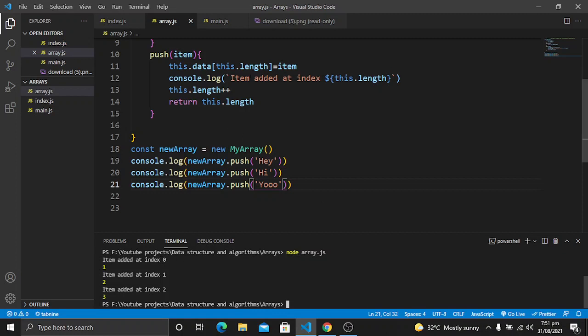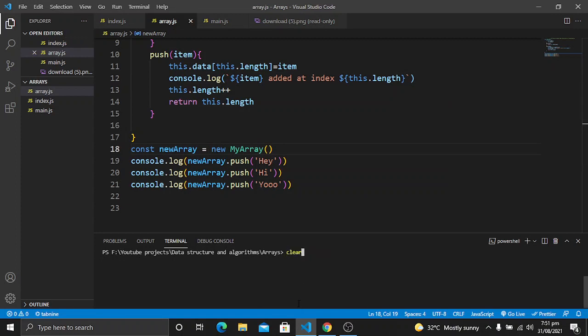So instead of using this item, what we can do is use the dollar sign and curly braces, and the item that we are receiving as a parameter we will log it. So clear the terminal, run the code again. Now you will see hey added at index 0, hi added at index 1, and yo added at index 2.